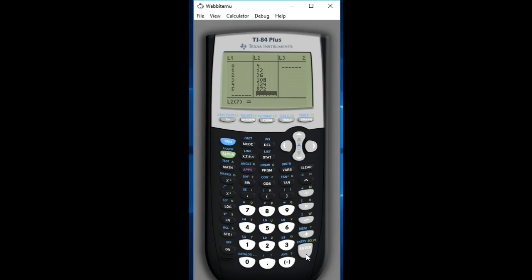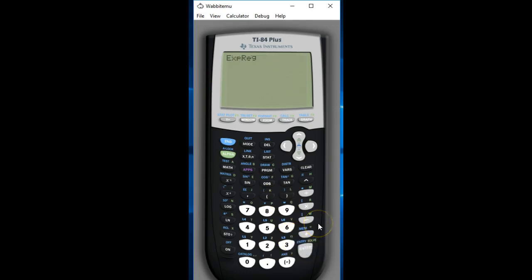So now in order to have the calculator write the exponential function for us, we are going to go back to Stat, and we're going to go over to Calculate, and you can either arrow up or down. It's quicker, I think, if you arrow up. And you're going to go to option 0, which is exponential regression. Exponential regression will find the equation that best fits this set of data. And this set of data is growing exponentially. So I'm going to hit enter. I can either hit 0 if I want, but I'm going to hit enter because 0 is highlighted in exponential